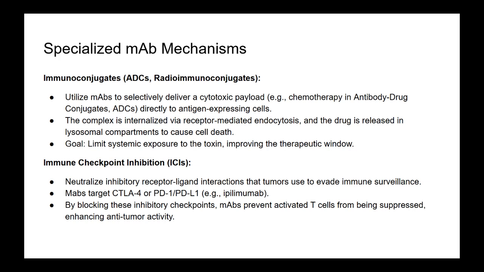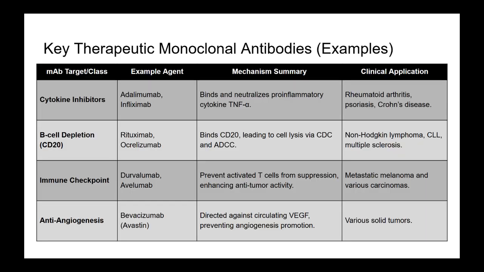Yes, ICIs have truly revolutionized the treatment of many cancers. These are monoclonal antibodies, but instead of targeting the cancer cell directly, they target the inhibitory pathways, the brakes, that tumors often exploit to suppress the body's own T-cell activity against them. Explain the brakes analogy. Think of a T-cell as a car that needs to attack a tumor. Signal 1, TCR and MHC, and signal 2, co-stimulation like CD28 and CD80/86, are like the gas pedal, getting the T-cell activated and moving. But T-cells also have inhibitory receptors, or checkpoints, on their surface that act like brakes to prevent overactivation or autoimmunity. CTLA-4 and PD-1 are two key brake pedals.